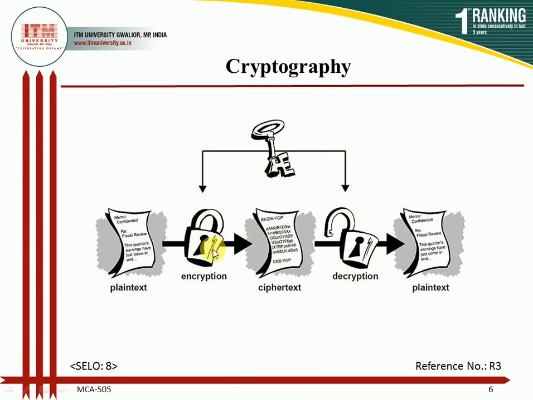So there are two methods or types of cryptography. Here is the common method, because in substitution we require only one key, right? First we convert the plain text to ciphertext with the help of encryption. Then after making this ciphertext, we convert it back into plain text, which is called decryption. And here we require only one key for both the encryption and the decryption.